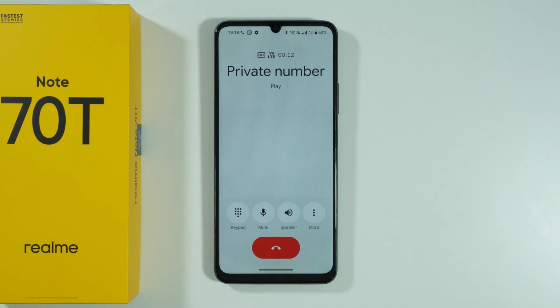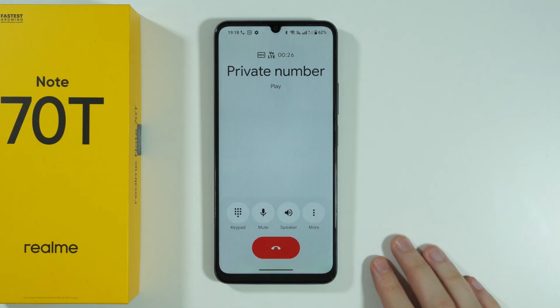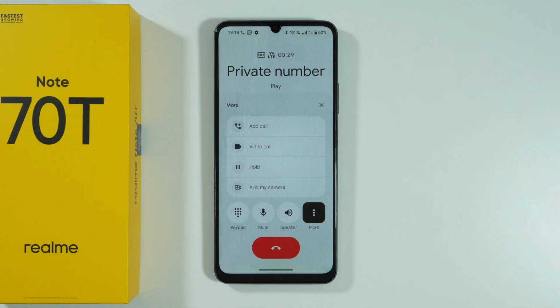Here's how we can record phone calls on Realme Note 70T. So the first thing that you can do is check if you have a built-in phone recorder or call recorder actually on your smartphone. So if you have an ongoing call, if you are in the call menu, you can, for example, go to more in order to see if you have an option that allows you to start recording